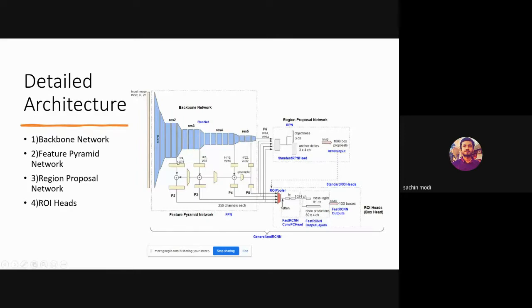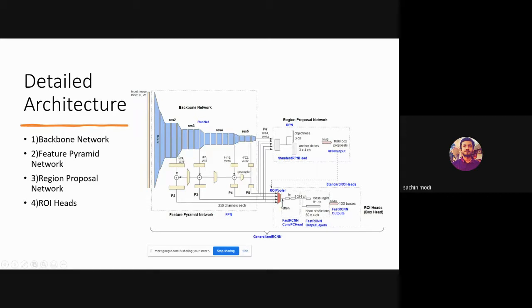At the first stage at P2, I get a feature map of size h by 4, w by 4. Then at the next h by 8, w by 8, then h by 16, and so on. So the resolution of the feature map is reducing. This feature map is used to detect smaller objects, and this feature map will be used to detect larger objects.